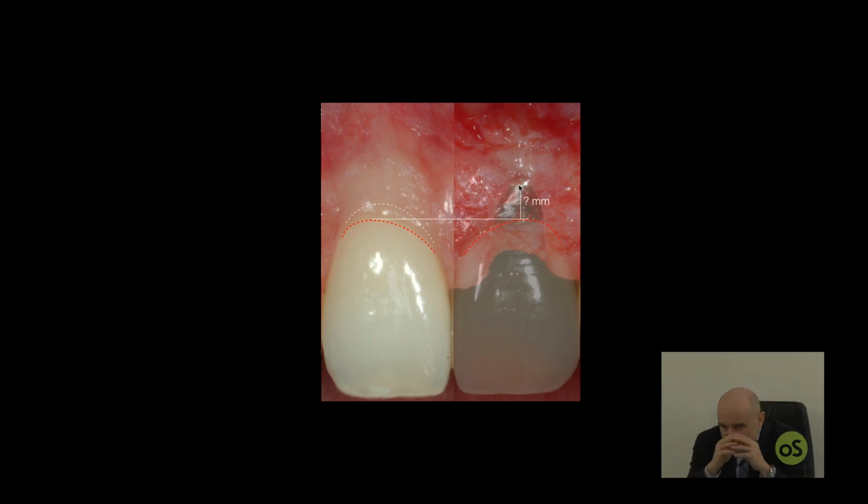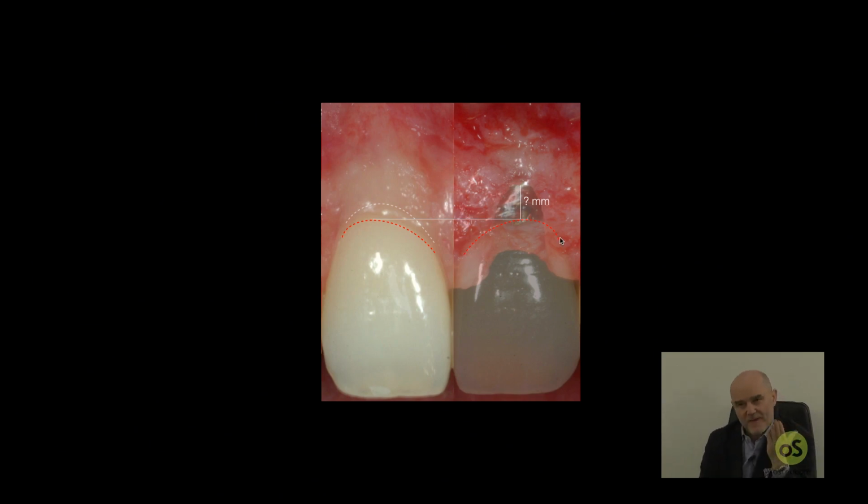But I don't want to speak about decontamination of the implant surface, because we have to make our treatment before the surface is contaminated. And you know that gingival recession, which means esthetic compromise of the implant-supported crown, starts once